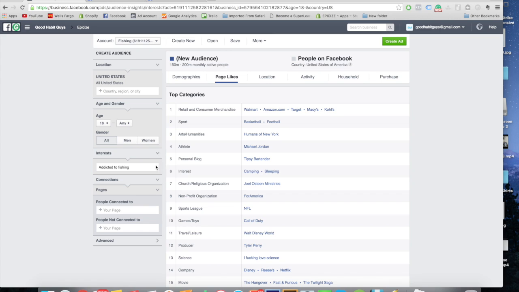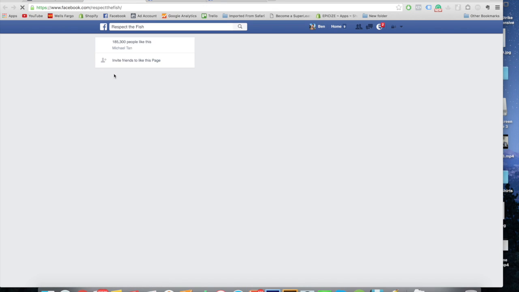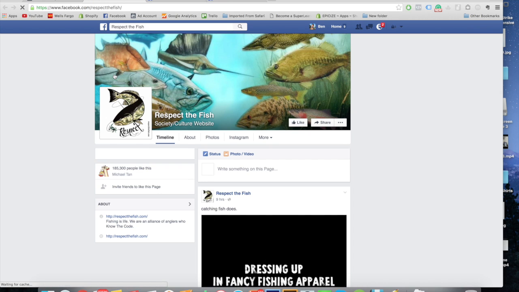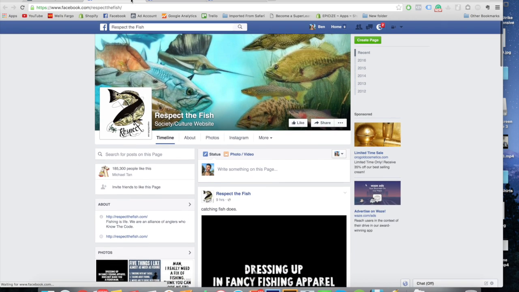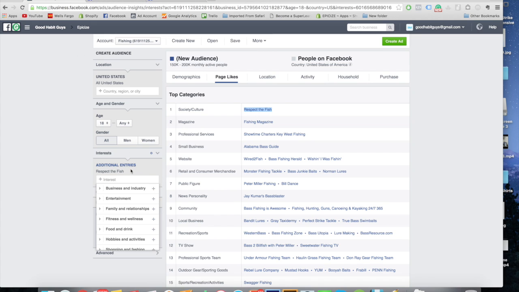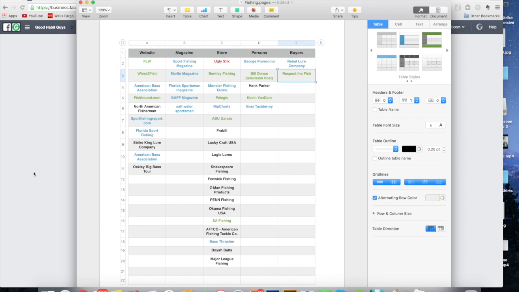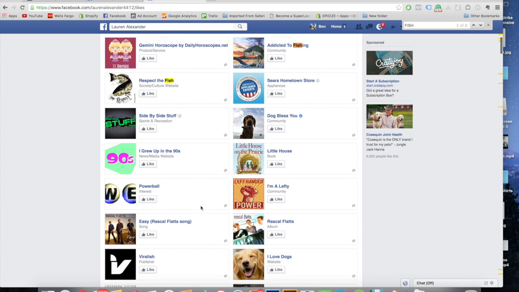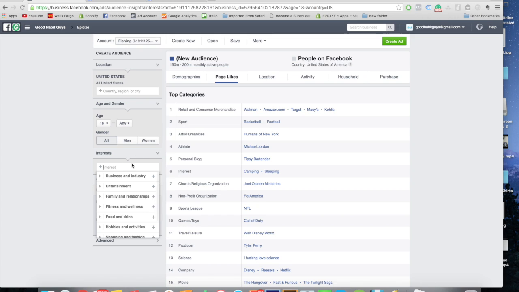Respect the Fish. Let's see, Respect the Fish. There you go. 150 to 200,000. Just from pure curiosity, I wonder what this is. Interesting. Yeah, so it's just a page with memes and sentences that people interested in fishing like. So we're gonna take that and write it down. And so on and so on. Just gonna continue looking for those specific pages, checking them and really